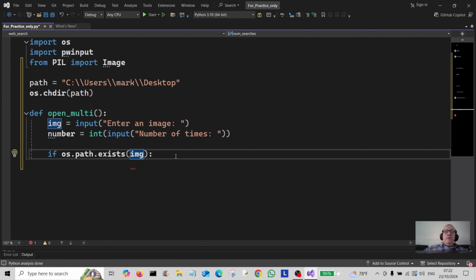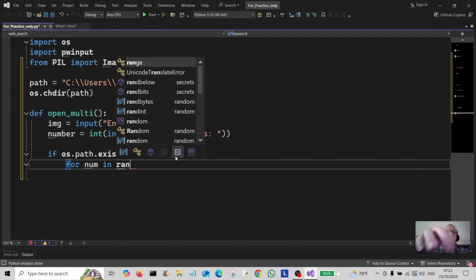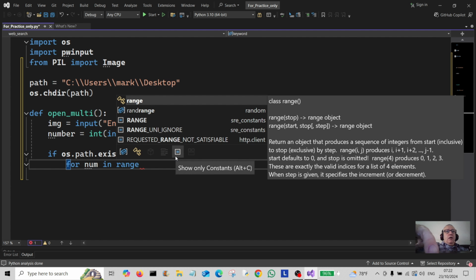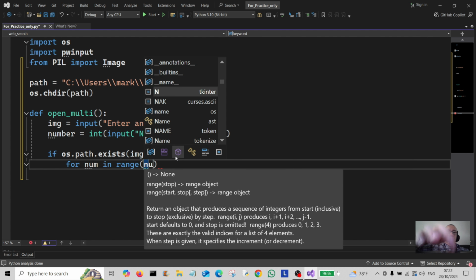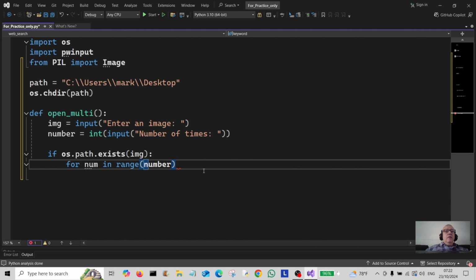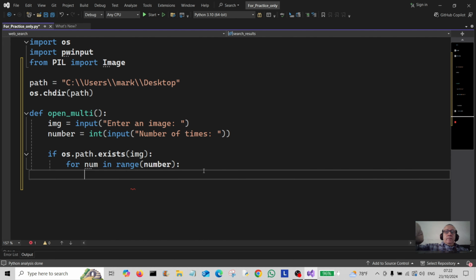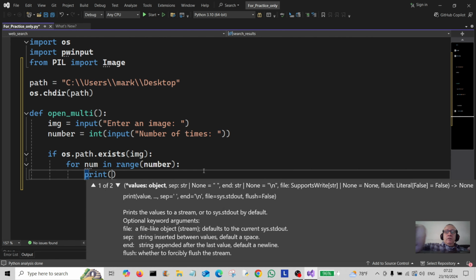we're going to do a for loop. So for number in range of the number that you entered up there. So if you've entered 5, it'll loop around and open it 5 times. And we're just going to print a message to the user telling the user what's happening. Opening,